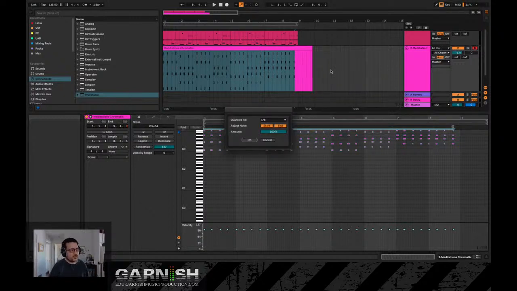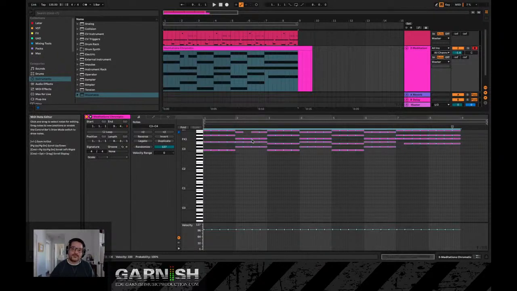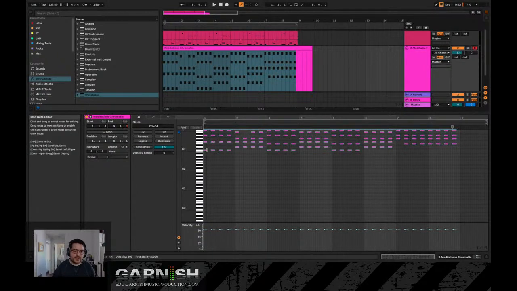And it'll ask me, what do you want to adjust these notes to? Do you want to adjust them to 8th notes, 16th notes? Because I'm actually just playing quarter notes, I could go ahead and set it to quarter notes and hit OK. Now you'll see all these quarter notes are being added, but the other thing it's doing is extending these notes out, which is not a big deal because I can click on this brace here and drag them back like this. But now they should be perfectly snapped to the grid. So when I play this back,